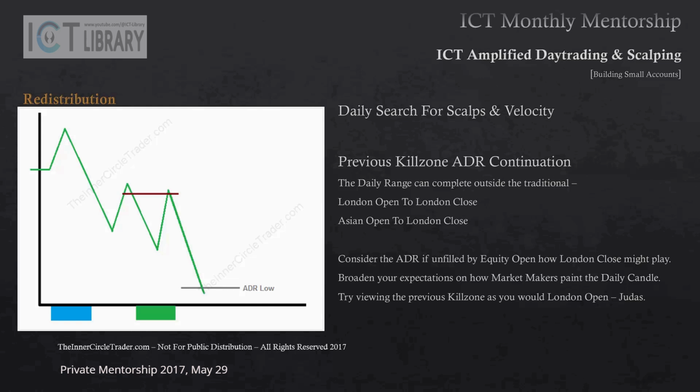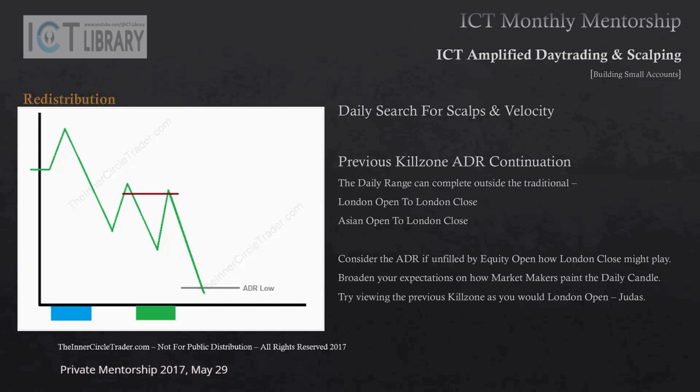Now again, thinking in terms of the kill zones, your scalps, this type of price action would be seen on a 15 or 5-minute basis. That's how you would interpret it as well. So you would start with Asia's opening, looking to a move into London Open. There should be a scalp in there. There should be a scalp from London Open to New York Open. There should be a scalp from New York Open to London Close, and then London Close to the bond market close at 3 p.m.